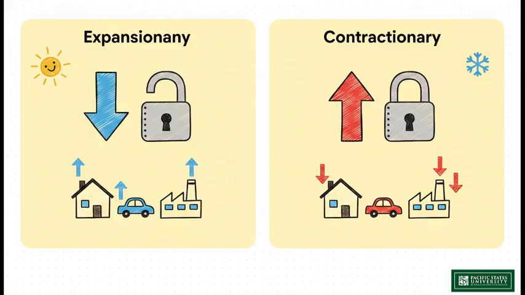Everyone is spending, demand is outstripping supply, and consequently, inflationary pressures start to build up dangerously fast. Prices are skyrocketing. To combat this, the central bank raises interest rates. This makes borrowing painful and expensive. As a result, businesses delay expansions, consumers hold off on buying new cars or homes, and overall spending drops. This intentional reduction in aggregate demand cools off the overheated economy and brings inflation back down under control. It's literally the central bank stepping on the brakes of the economy.